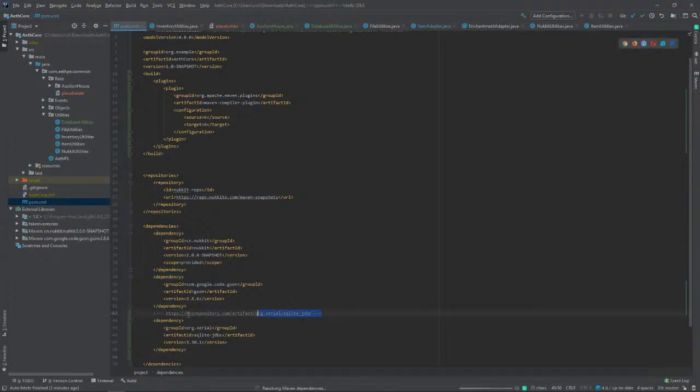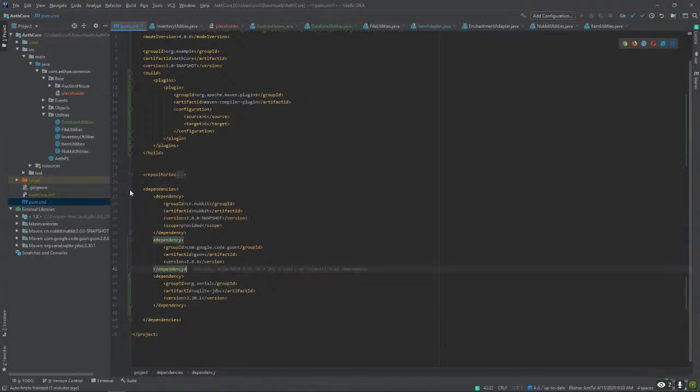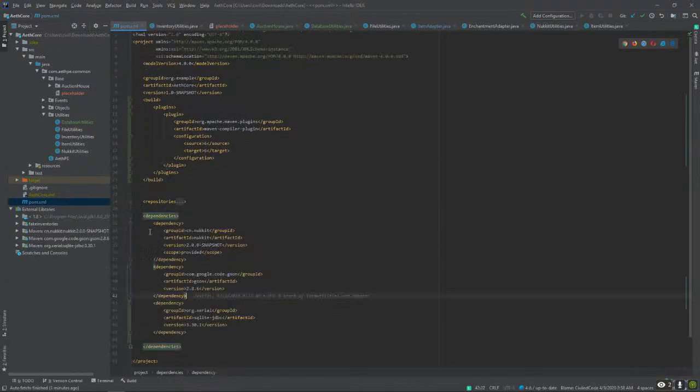All right, so right off the bat, we already have 3 dependencies. I believe we're gonna have to build with JDBC though. Yeah, we are.